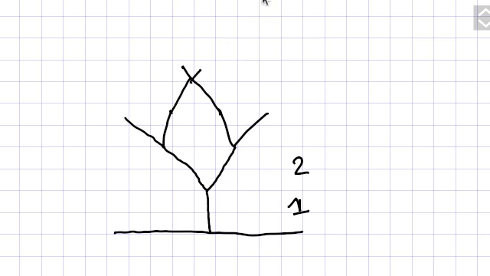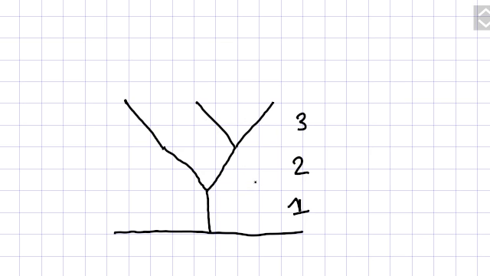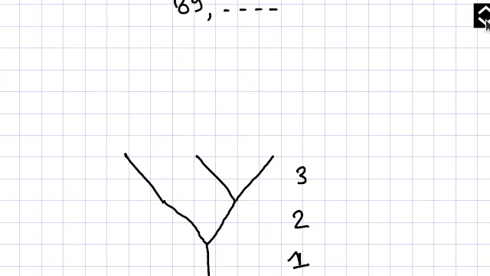Not this way it grows actually. It grows this way: this branch just keeps on growing like this, but this branch here branches into 2 parts. So you can see 1, 2, 3. So you can see nature's idea for avoiding the crowding of branches, because each branch needs sunlight. So it does it this way.